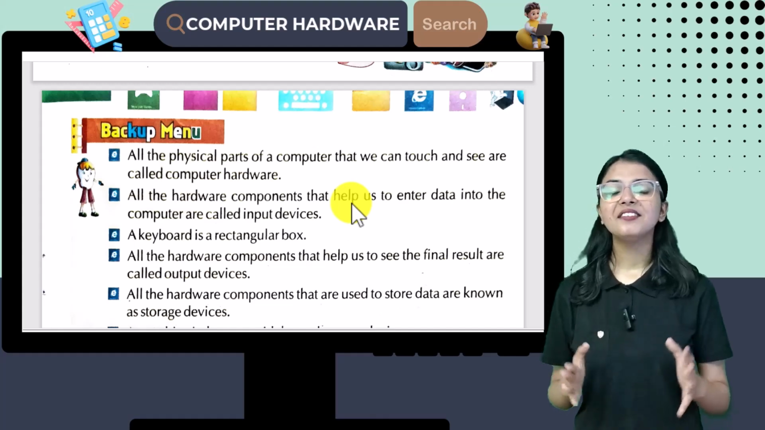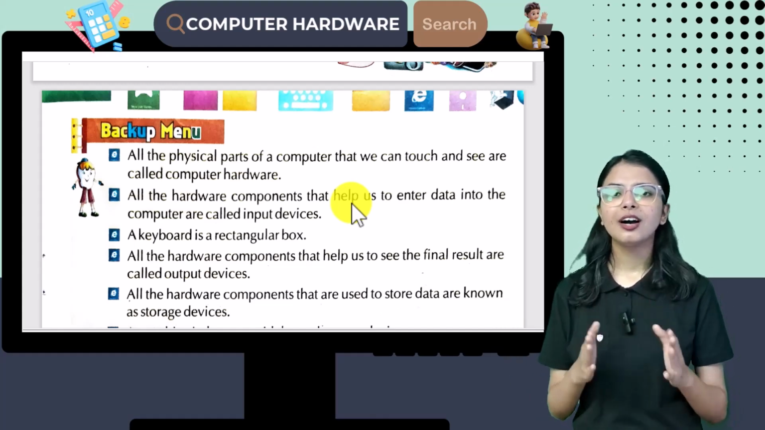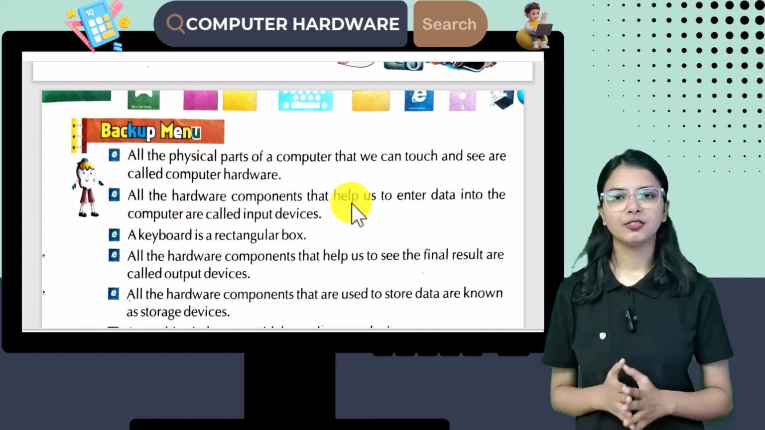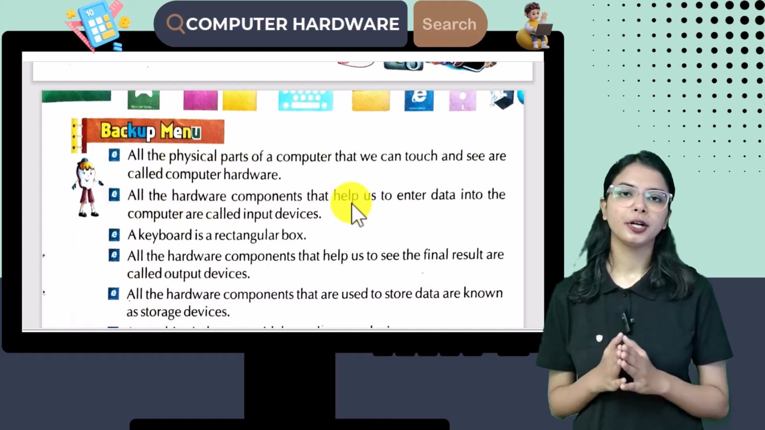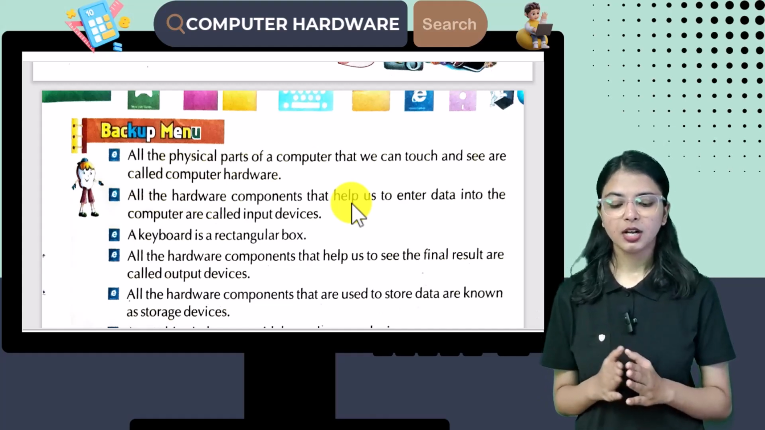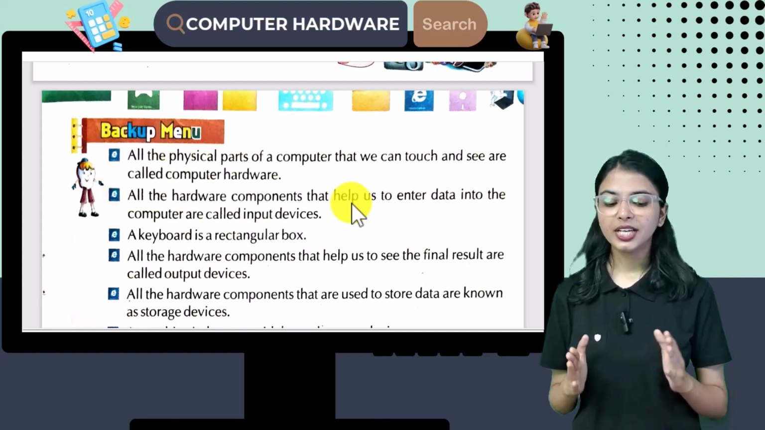we are done with the reading and understanding part of this chapter. Hope you loved this chapter students. Now we will go through a backup menu of this chapter. That is the most important points of this chapter. So first point is, all the physical parts of a computer that we can touch and see are